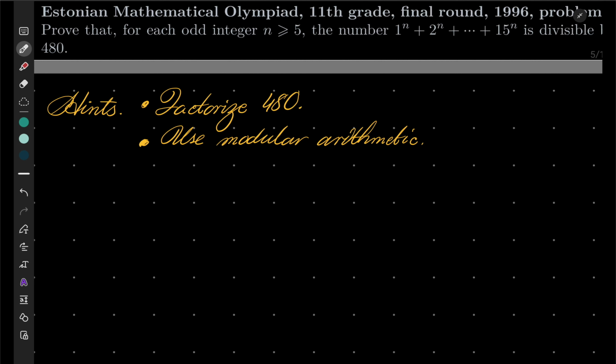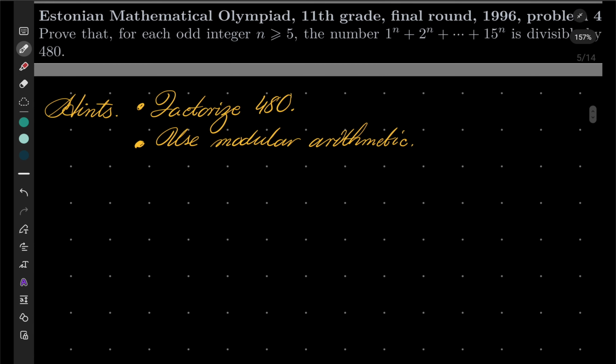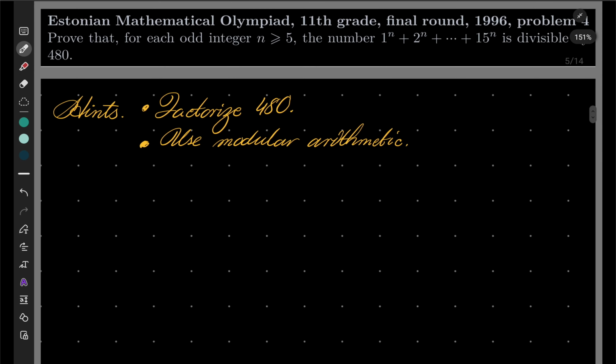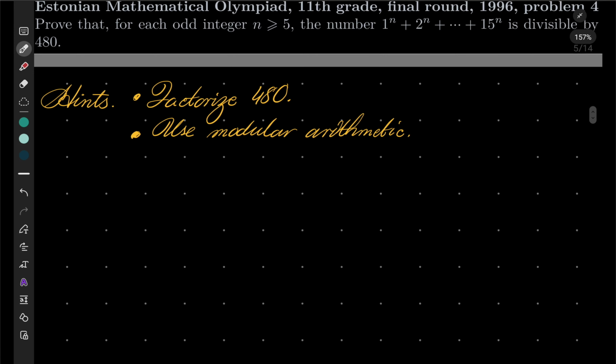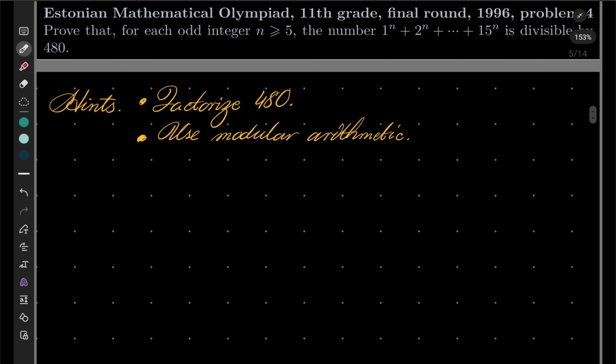Hello friends, in this video I'd like to solve the following problem from the Estonian Mathematical Olympiad 11th grade final round 1996, problem number 4. So we wish to prove that for each odd integer n greater than or equal to 5, the sum 1 to the nth power plus 2 to the nth power and so on up to 15 to the nth power is divisible by